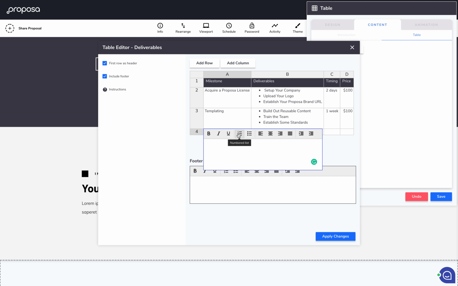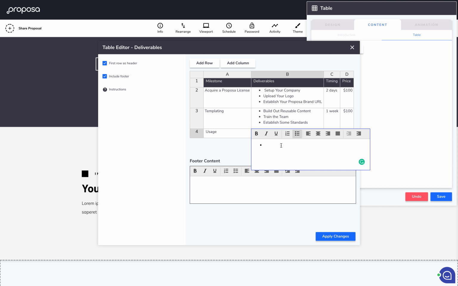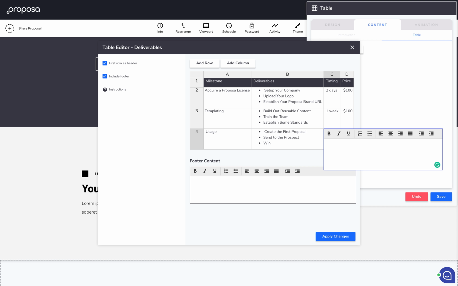And finally, we'll label this our milestone of usage. We'll say create the first proposal, send to the prospect, and finally we'll say win. And let's say that takes a day and another $100. So we've built out our table, and maybe down here in the footer content I may say